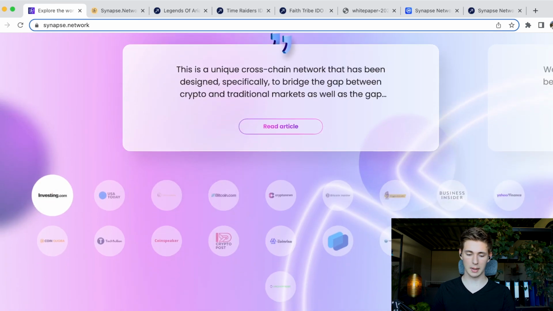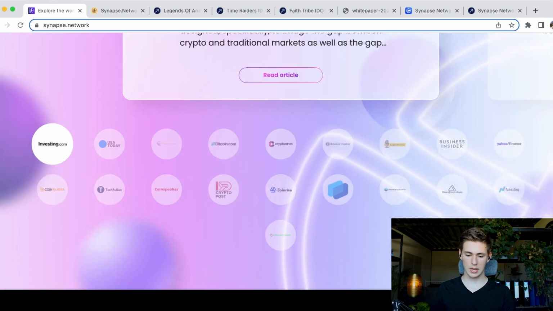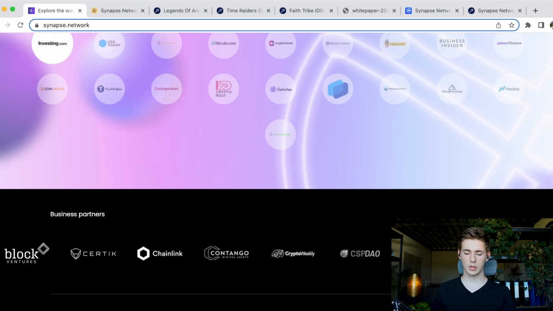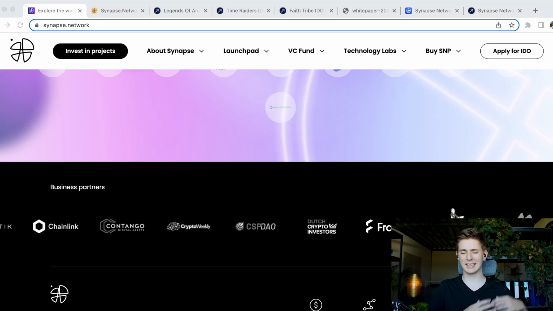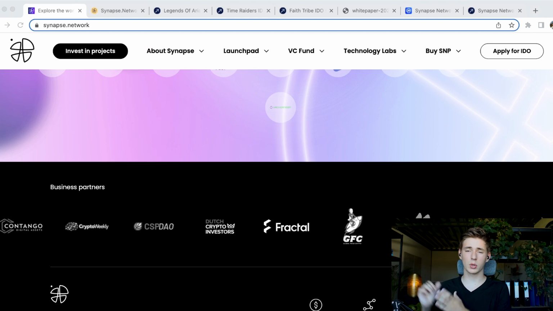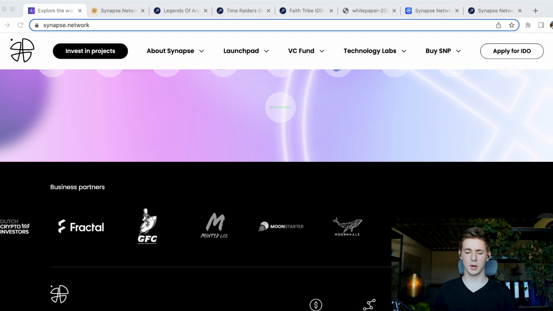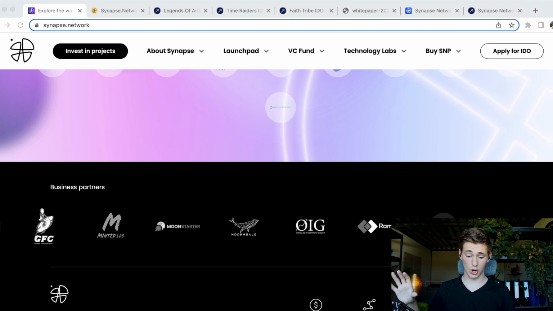Here they have a couple of media mentions, quite a lot actually, from Crypto Post all the way to Crypto News, USA Today, both crypto newsletters but also mainstream newsletters. So they do a good job at combining that traditional finance with the crypto finance, as they are also being mentioned on non-crypto articles, which is good.